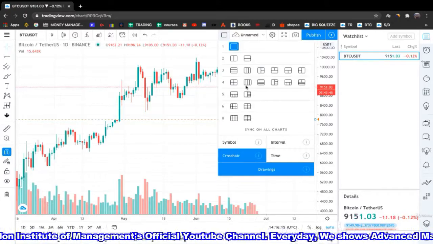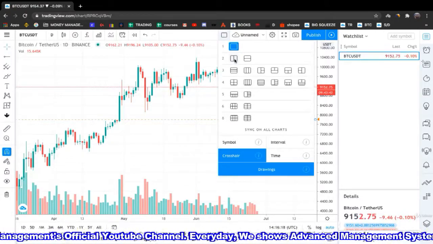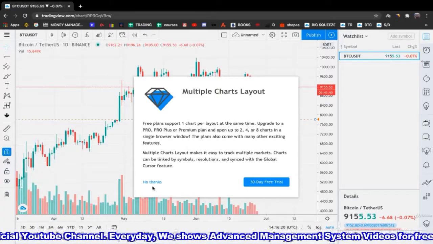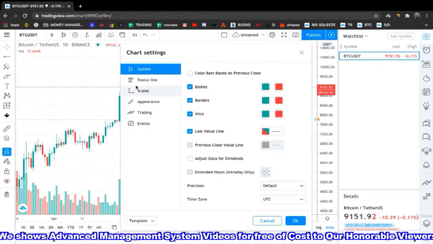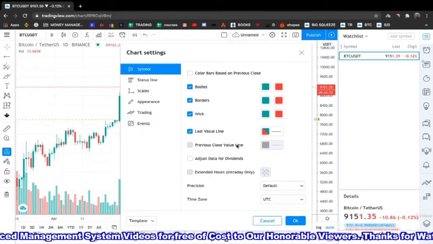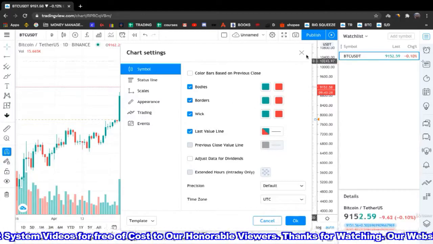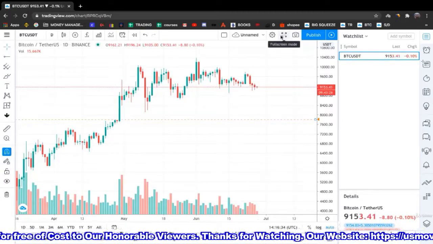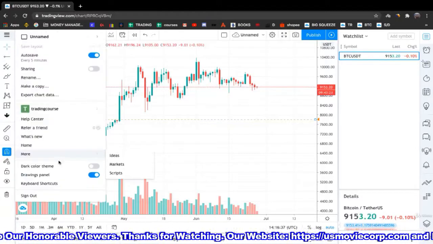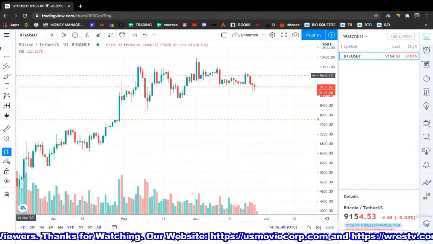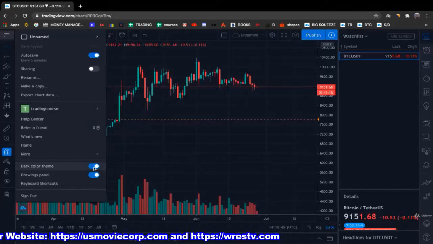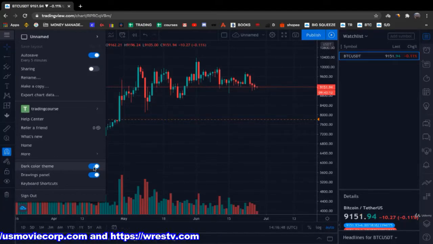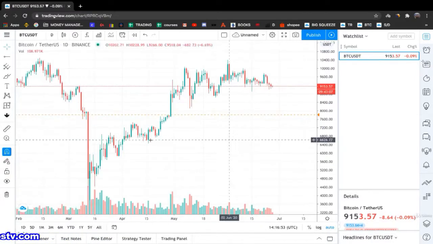Here is basically how many chart layouts you can use with the free version, so you don't need this. The layout, so basically this is it right here, are the chart properties where you can play with it if you like to. You don't need it in the beginning. And here to take some snapshots, full screen mode. Also, if you want, from here you can pick from these three lines here. If you click on it, you can pick the color, the dark theme, the dark color theme if you like to. So this is it basically.